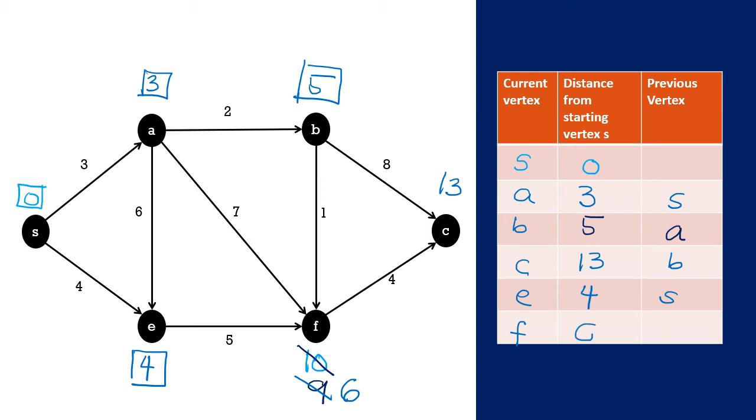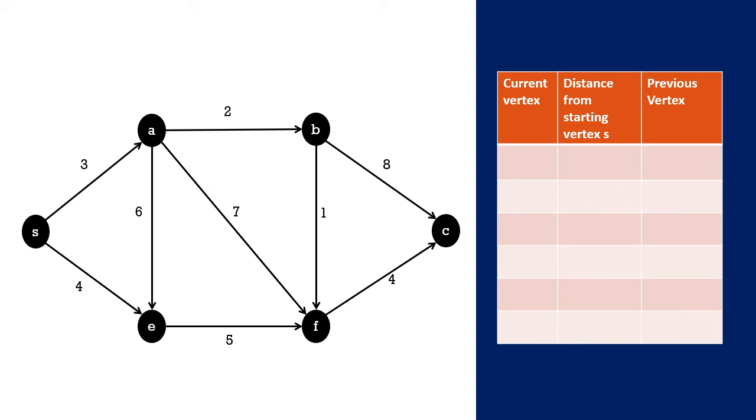So this is 6 and previous vertex of B. Is that clear? Okay. And then again, we look at the smaller number between the unboxed numbers. So in this case, we box 6, right? And then the only remaining adjacent vertex that is not yet boxed is C. So that's 6 plus 4, 10. Okay, we now update it because that's smaller than 13. So C now becomes,